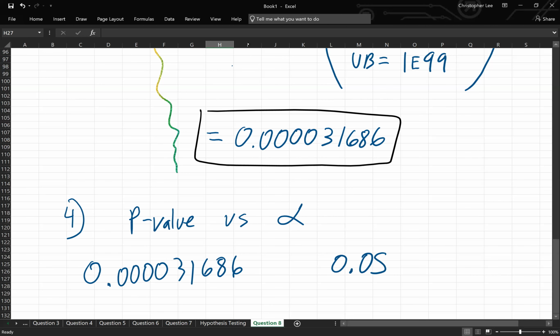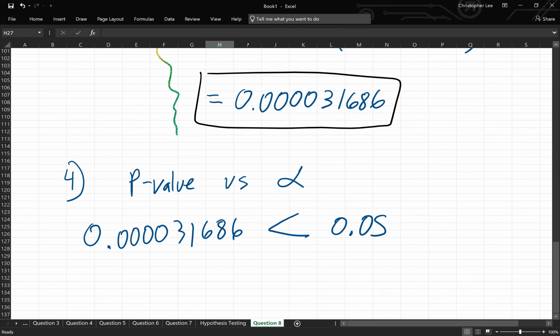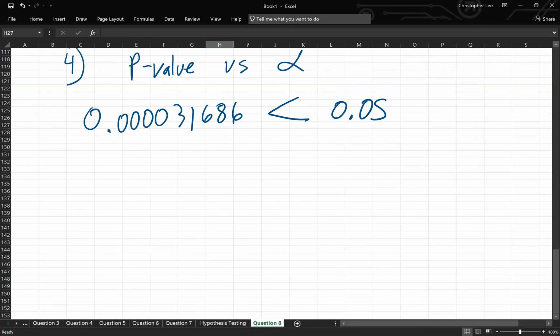Which one of these is bigger? Alpha's bigger, right? So now my p-value is less than alpha. What do I do? Reject the null hypothesis, right? So step 5, I reject the null hypothesis. So interpretation,